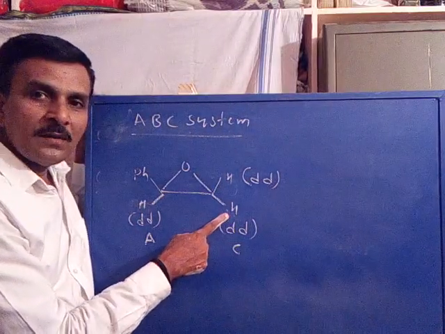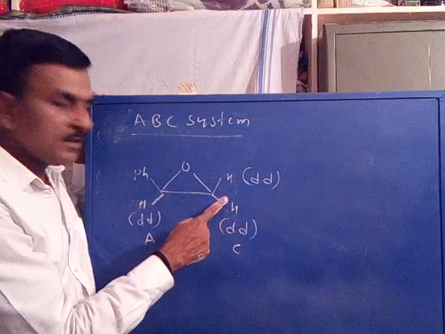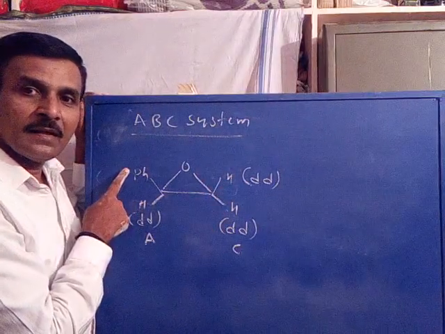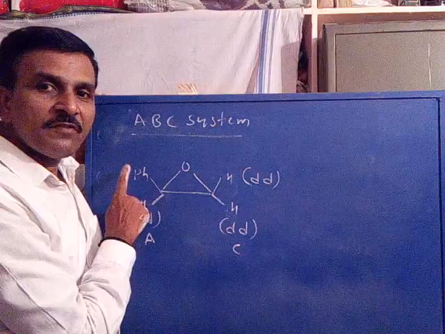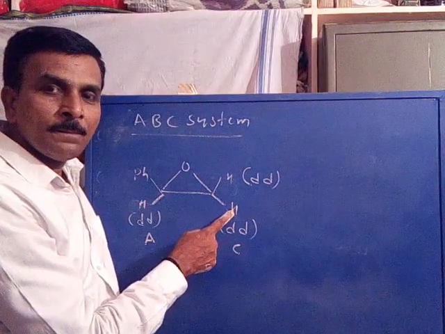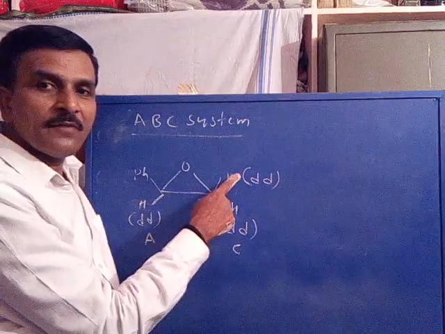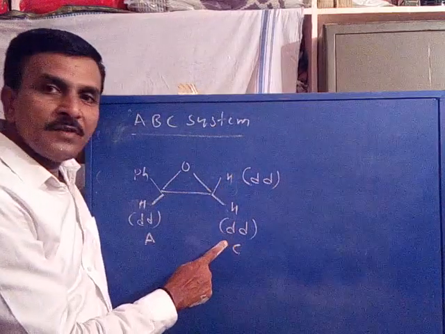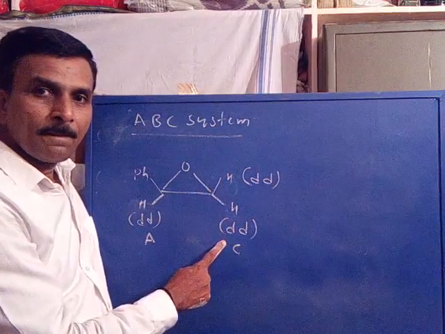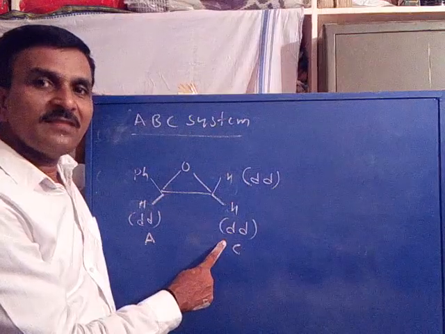So this proton, in between these two protons, is trans to the phenyl ring. There is no anisotropic effect of phenyl on this proton. So it has a lower delta value when compared with this proton and when compared with this proton. This comes under C. It is to be designated with C.